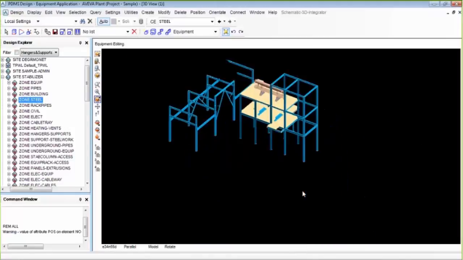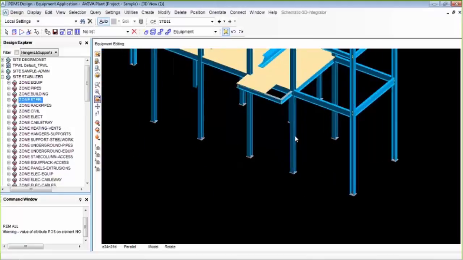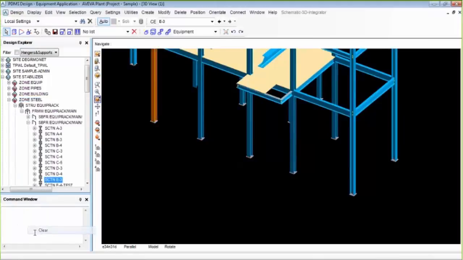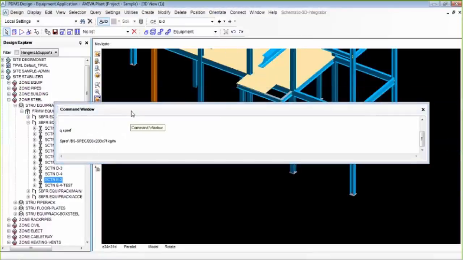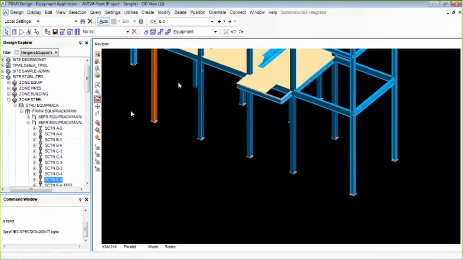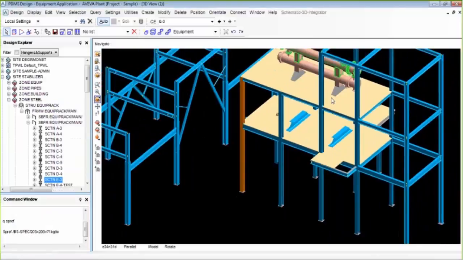We can always check the standards here. So this is a British standard, and this section is placed using this standard. So all the beams and columns placed here are referring to some industry standard.